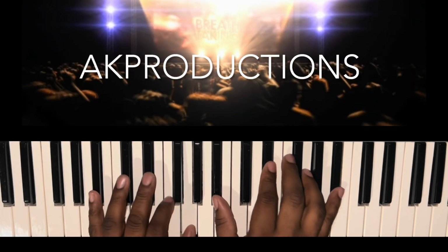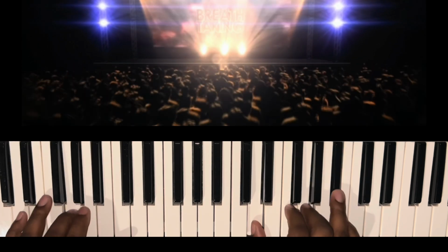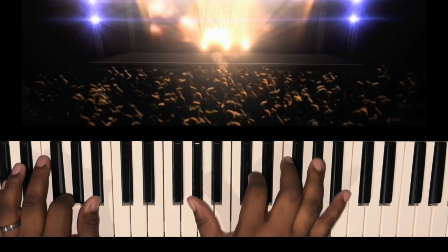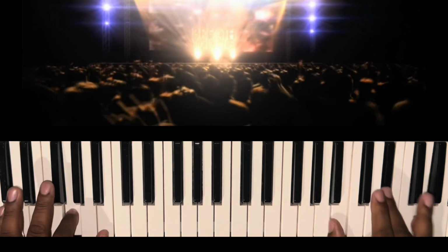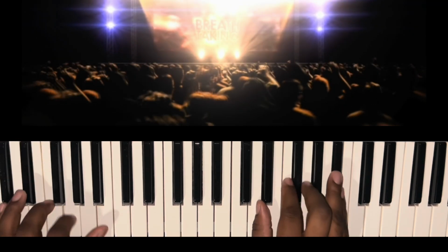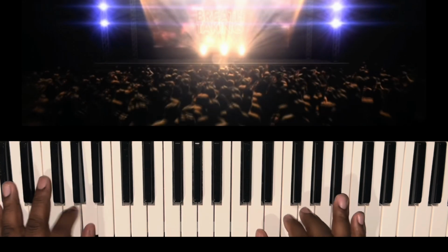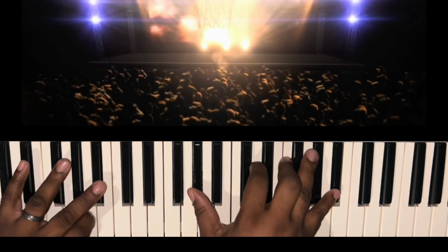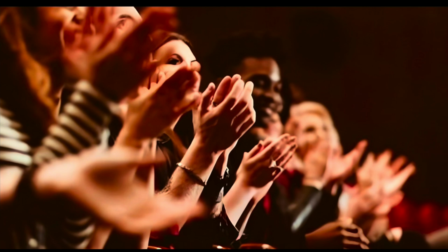Down through the years, hey, God's been, everybody really say, God's been good to me. Hey, down, God's been mighty good. Thank you. I just came by to tell you, God really been good, oh Lord. I said all of my life, hey, hey, all of my life, sure enough, God's been good to me. Hey, hey, oh, God's been mighty, mighty, mighty good. Woo, thank you. I just want That to was tell Down you, Through the Years. really been good,